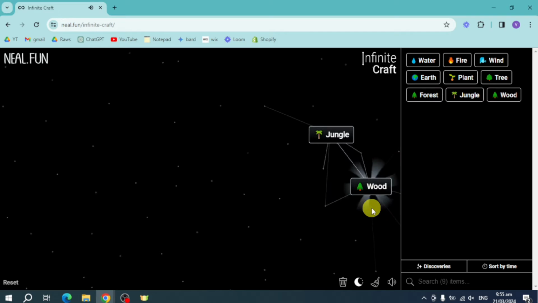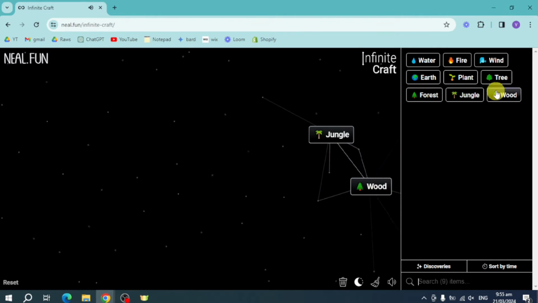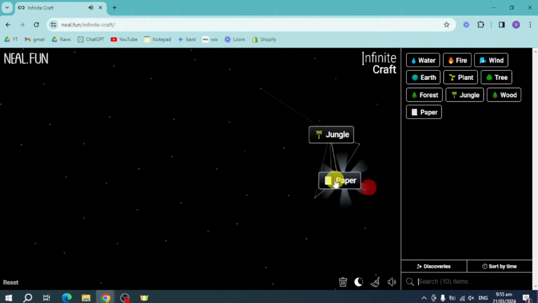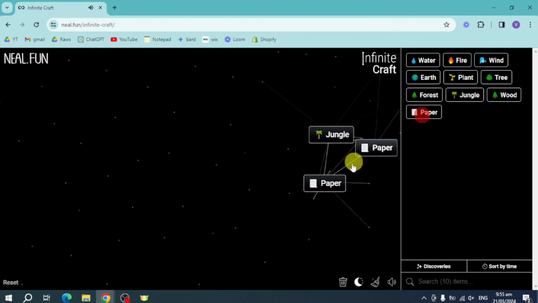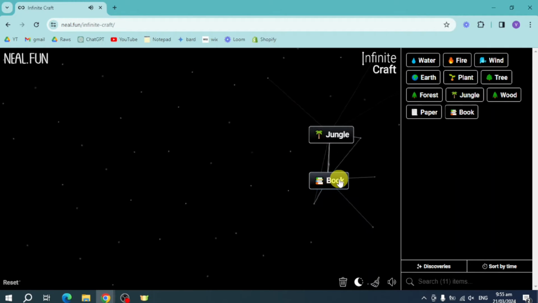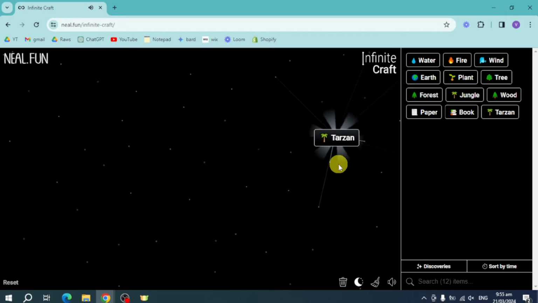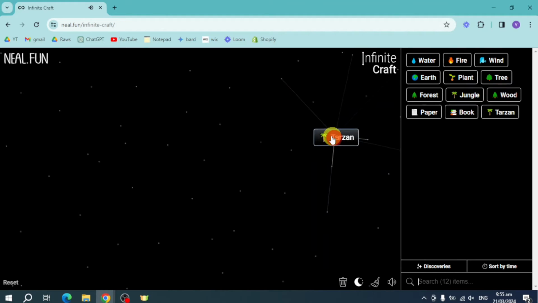Now we have wood. So for this wood, let's add another tree for that. Now we have paper. So for this paper, add another paper. Now we have book. So merge that. Now we have Tarzan. So since we already have Tarzan, let's put that aside for now, and let's add in